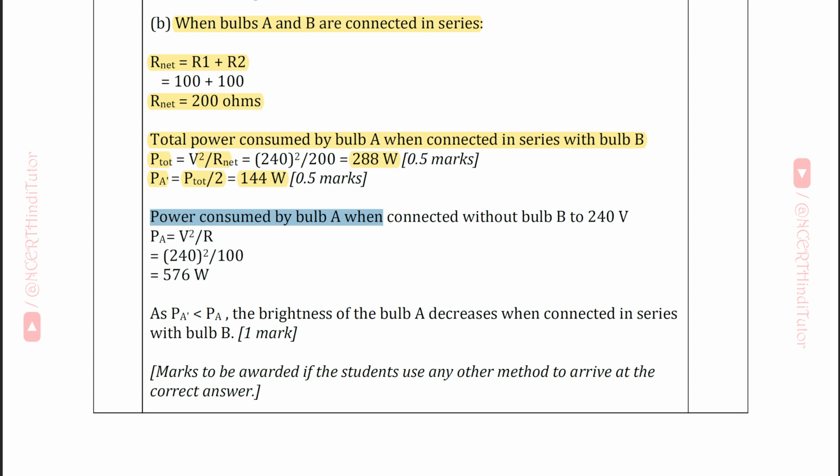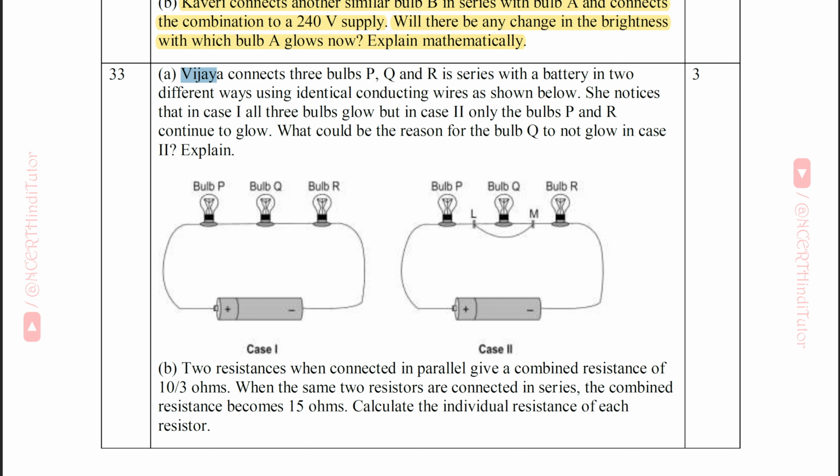Power consumed by bulb A when connected without bulb B to 240 volt. Power at A is equal to V square upon R is equal to 576 watt. As PA dash is less than PA, the brightness of the bulb A decreases when connected in series with bulb B. 33. Vijaya connects 3 bulbs P, Q and R in series with a battery in 2 different ways using